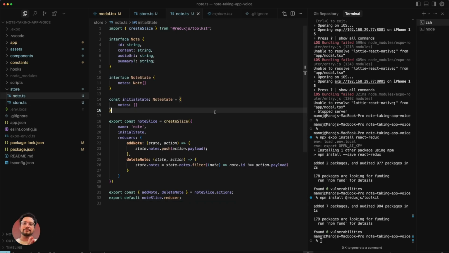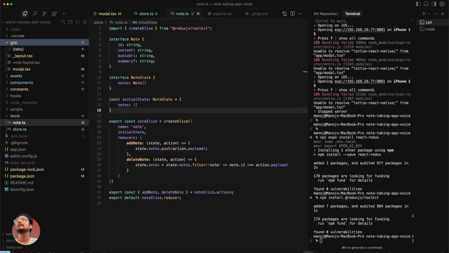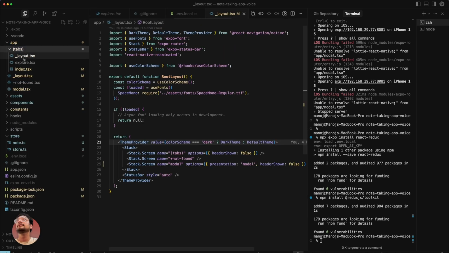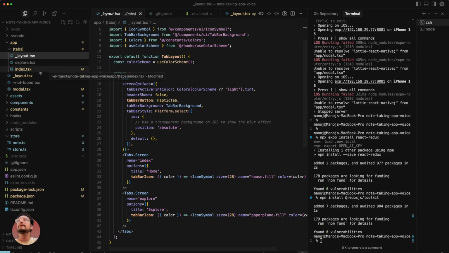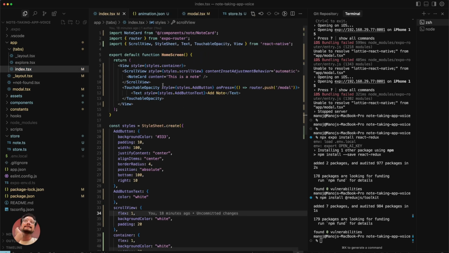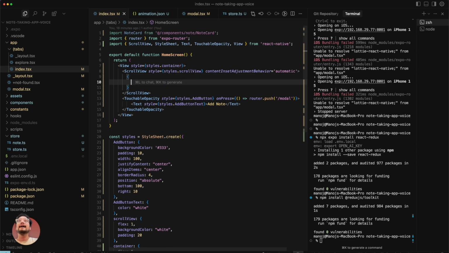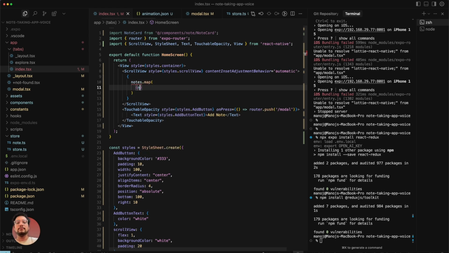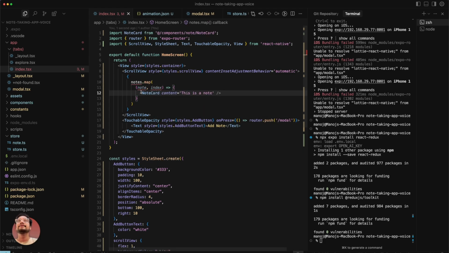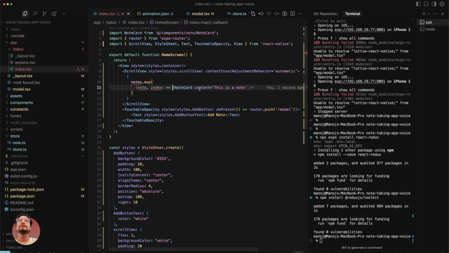Now let's use this in our app. So in the app, in the index.tsx, I'm going to render this list. So inside the row scroll view, you have one note card. Instead of that, we are actually going to render notes.map, note and then index. I'm just going to render the note. All right, and I'm going to pass it a key